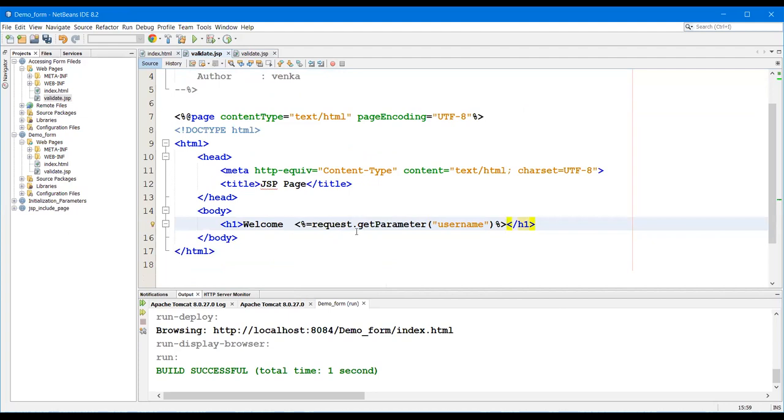We are going to use a JSP expression, equal to request.getParameter. Inside the parameter, what do we have to give? The form field name we have given, username. So here we use welcome, request.getParameter("username"), whatever username is given, that username we are using.